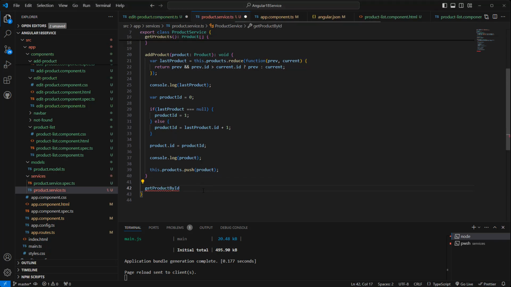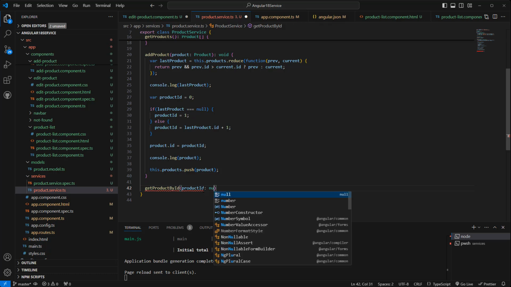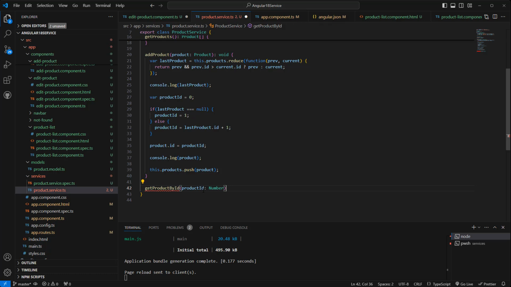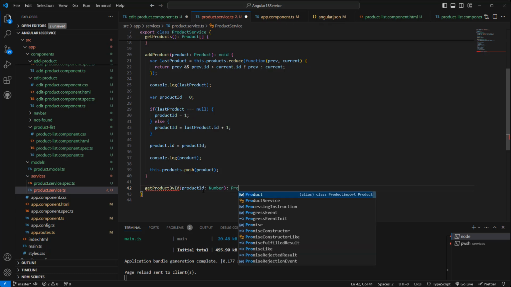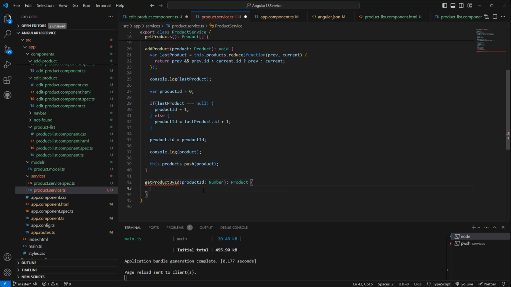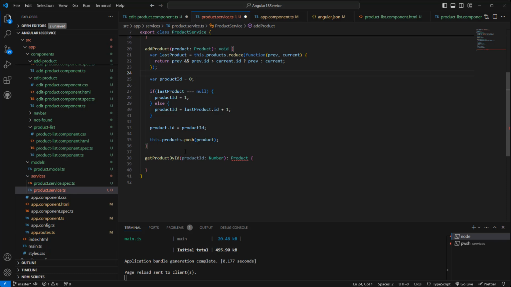We are gonna accept a product ID, type number, and then we will return a product. Okay, so we can remove these logs there because our purpose is done debugging. So this log is specifically for debugging purpose. Okay, so it will return the products